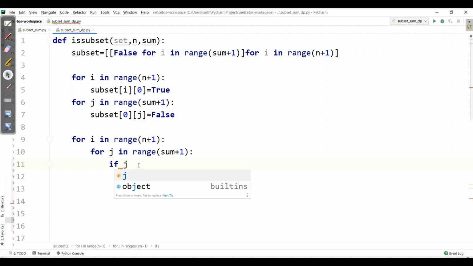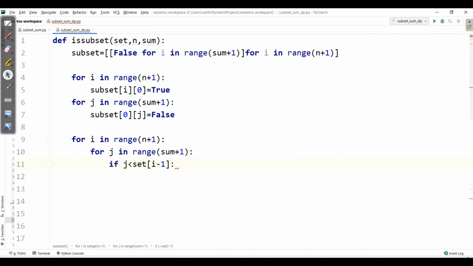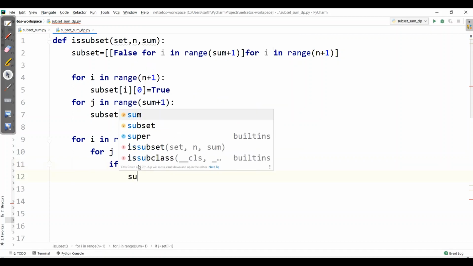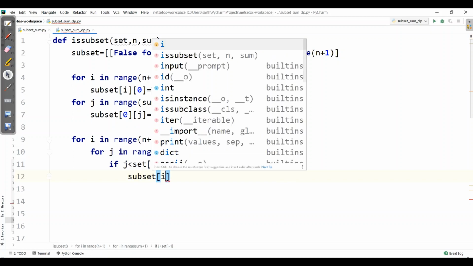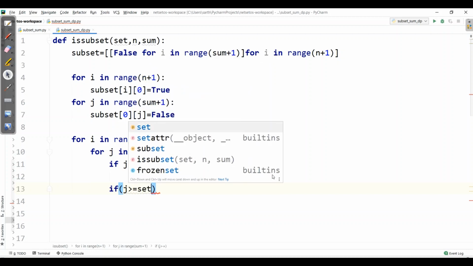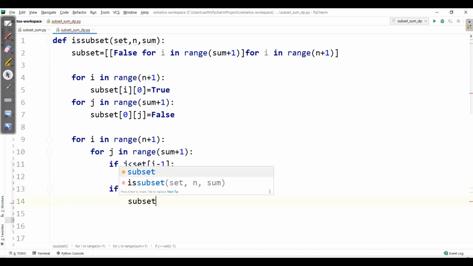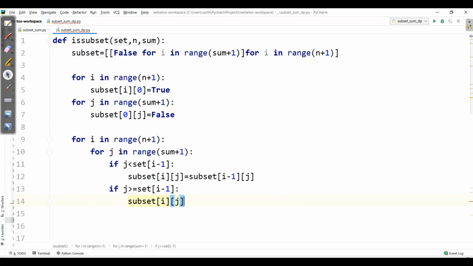So if j is smaller than set of values, which is i minus 1, then it will simply copy subset ij from above, which will be i minus 1 and j. Otherwise, if j greater than equal to set i minus 1, then subset ij will have the value. So here we will have two values.